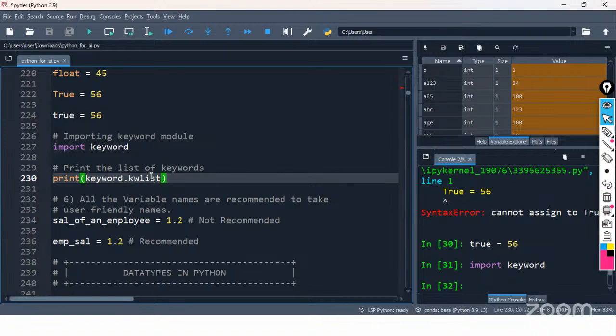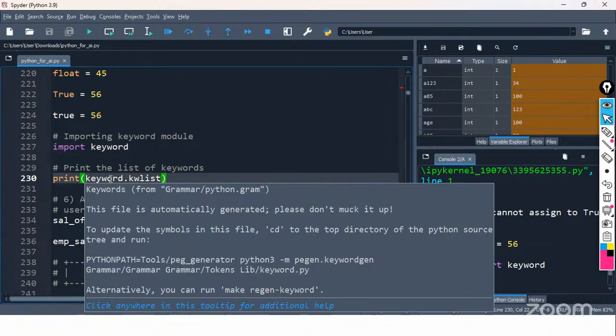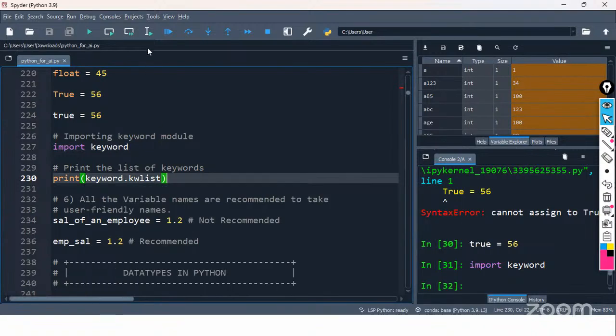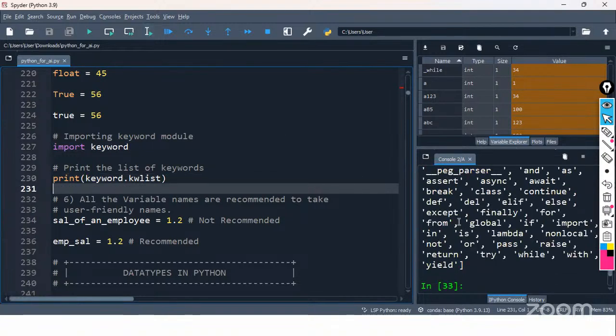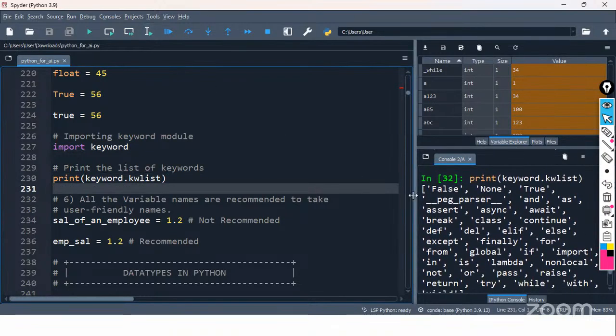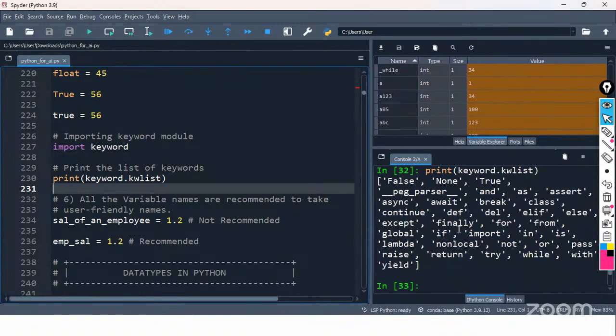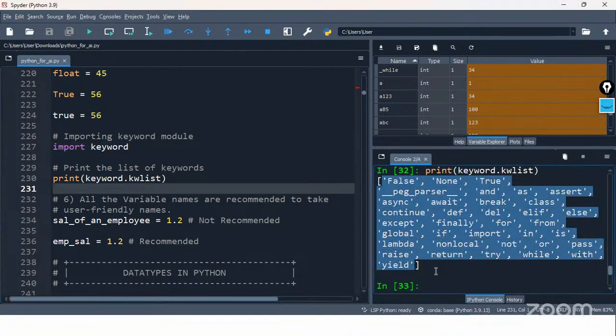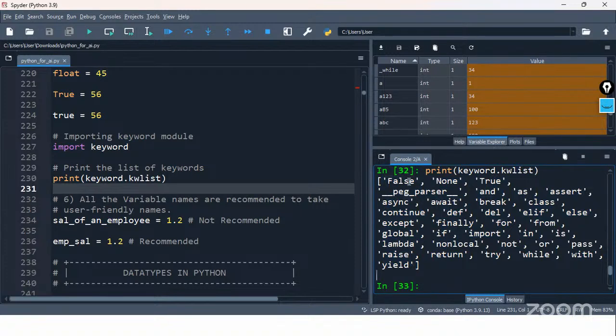kwlist is an attribute in the keyword module, and this will return us the list of all keywords in Python. You see here? Oh, now I can probably understand. Here I see all the list of keywords: False, True, None, if, import, while, try, else. So that is why in the previous case, if you tried to use these keywords,